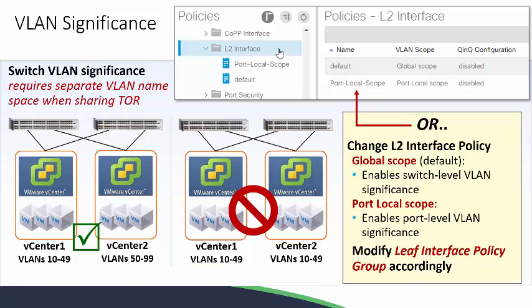So port local VLAN applies VLAN significance at the port level, and allows reusing the same VLAN space on a leaf. The combination of leaf and port is used to identify the incoming packet and map it to an EPG, and it allows hosting providers to sell ports and allow customers to bring their own VLAN space. If you do enable that, then the VLAN requires a separate VLAN namespace when sharing on a top of rack switch. So when you